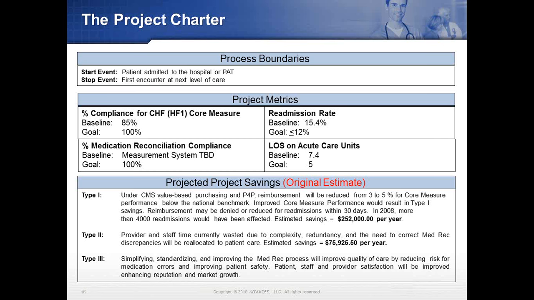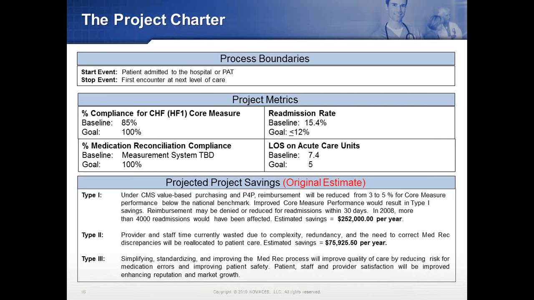The charter of a Six Sigma or Lean project changes over time, and the more you learn, the more that changes. So this one actually changed in a very good way. Those metrics there are also important. For HF core measure HF1, at this time we had already implemented many of the Lean improvements. So they'd gone from the low 70s to the high 80s for a baseline. We didn't know what medication